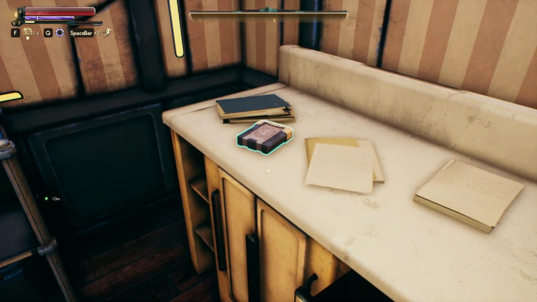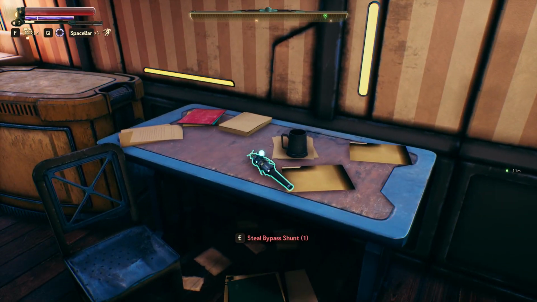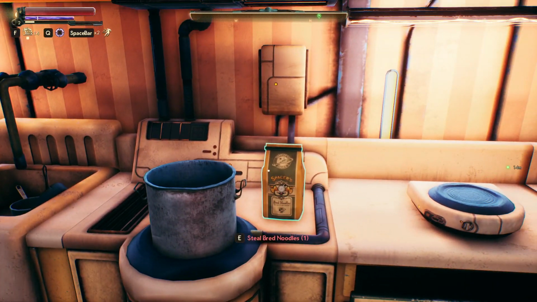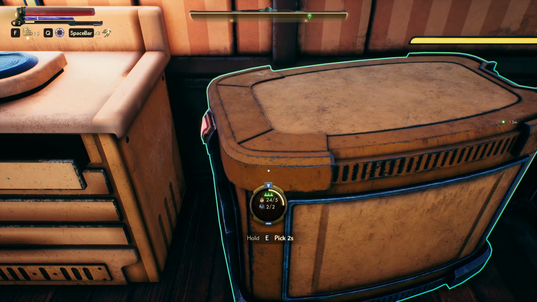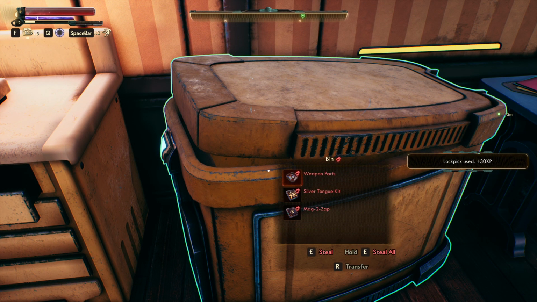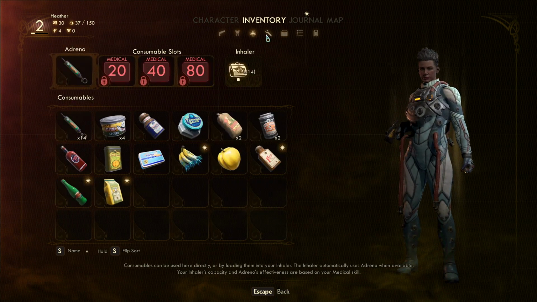I only have... what was that? Nothing. Bit cartridge, I'm guessing money is what I'm picking up. Shunt bypass, that's for the computers. I'm gonna hold off on stealing from them. Well, not stealing from them, from opening this. You know what? It's fine. Let's just do it. Ooh, light machine gun, heavy ammo, weapon parts. Wow. I got... what was...